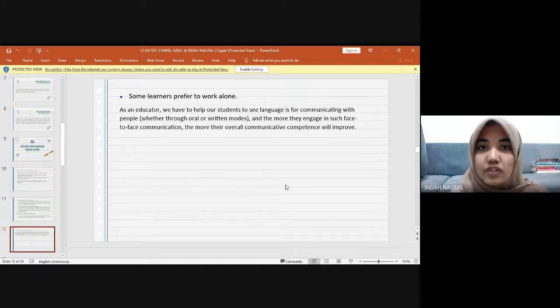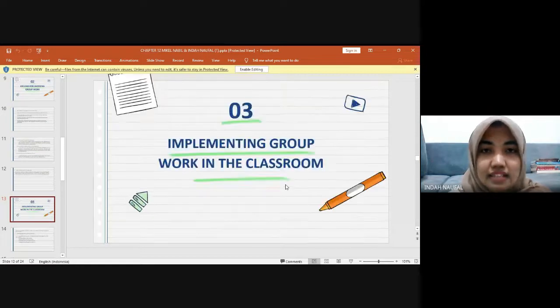So if your students have a kind of learning style, like kinesthetic, visual, or maybe auditory, you have to take proper management so they can understand your class clearly and they will be happy.